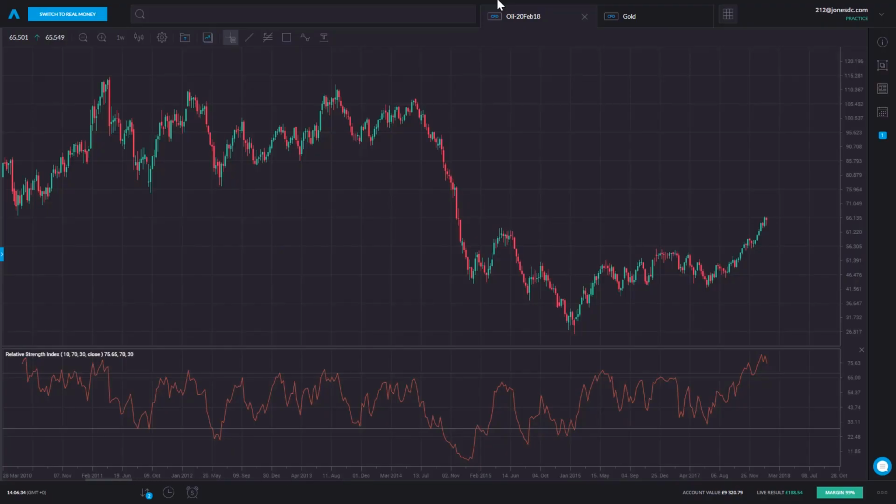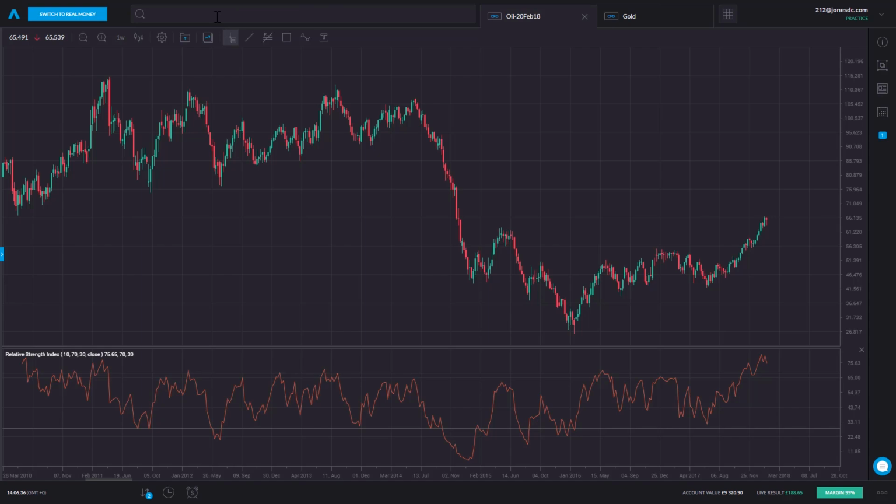So there we go, gold and oil, I think streets ahead in terms of popularity, but it was good to look at coffee there, look at a traditional agricultural market and see how it's different. So to bring things up to date, let's take a look on the trading platform at these real markets, how to find them, and the sort of moves that we've seen over recent years.